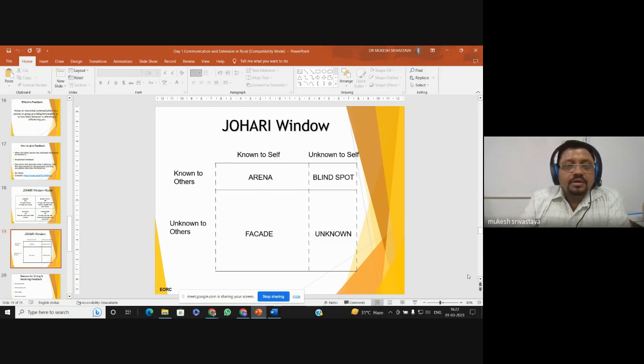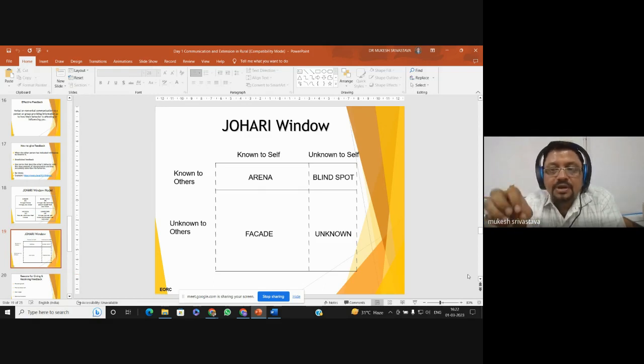Getting my point? So this Johari window basically talks about this portion of your personality, and also we have to reduce the blind spot. When we talk about the blind spot of the personality, this is the portion where I don't know about myself and others know about me. So we have to reduce that portion. First we need to think about ourselves so that we can be known to ourselves. Then if some person says this is the trait of your personality, and I do not know that specific trait of my personality, this is basically the blind spot. So we have to reduce this blind spot of the personality,